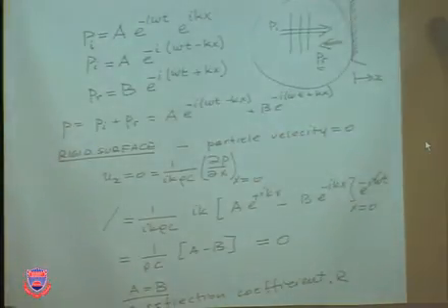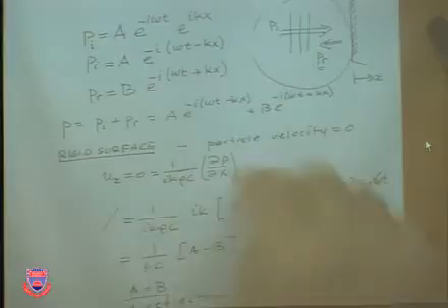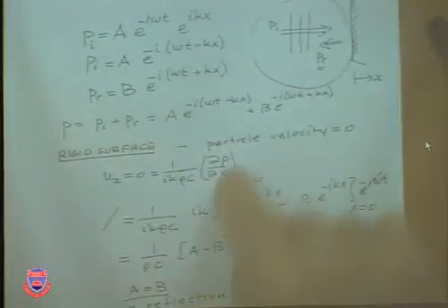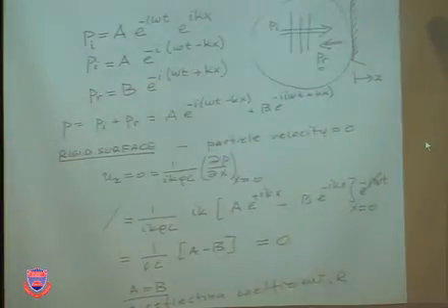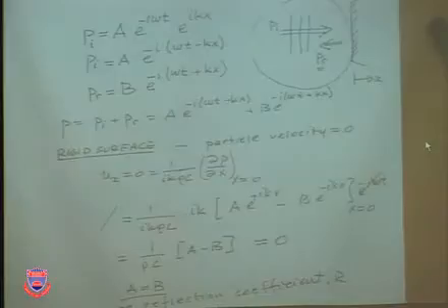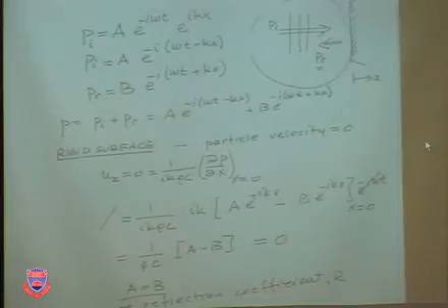What did we say? The density times the acceleration of the particle is equal to the negative of the pressure change, del P del x. So if you make that substitution and take the sound pressure derivative with respect to x, you end up with the condition that the incident and reflected waves must be the same, and the pressure reflection coefficient is equal to 1. So if we go back and substitute in the total sound pressure expression, what we end up with is